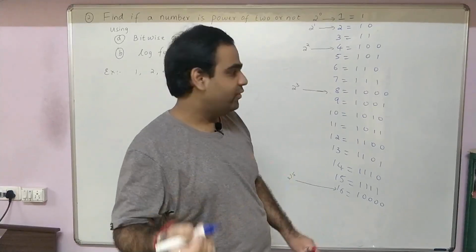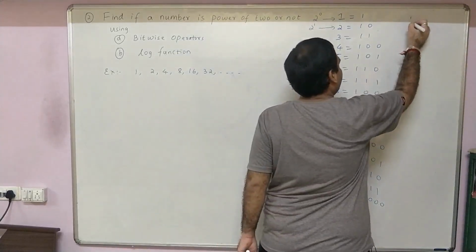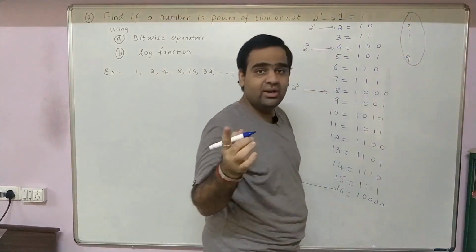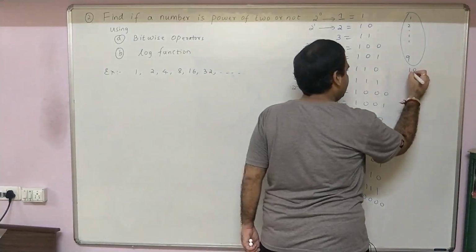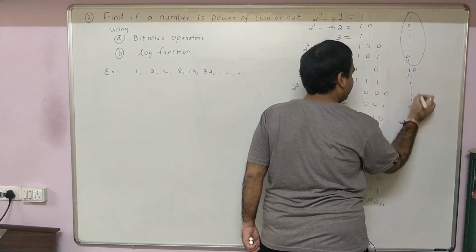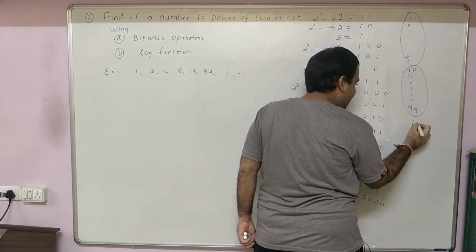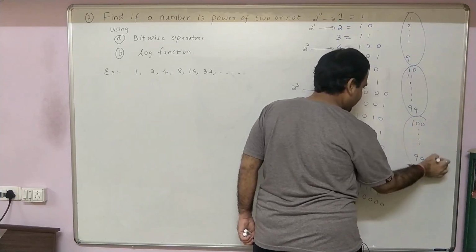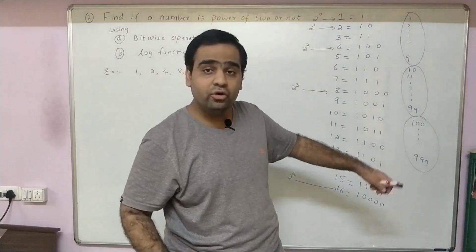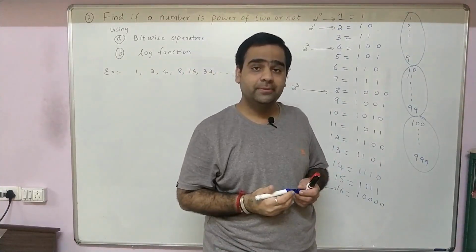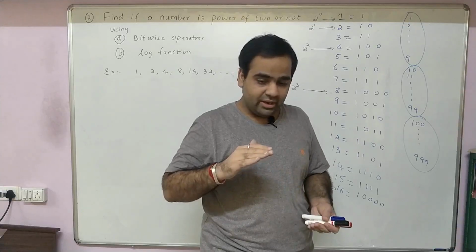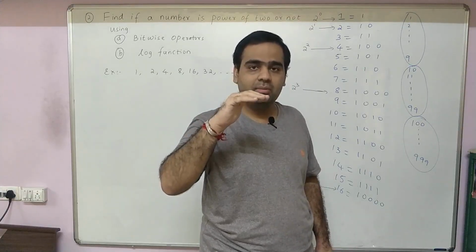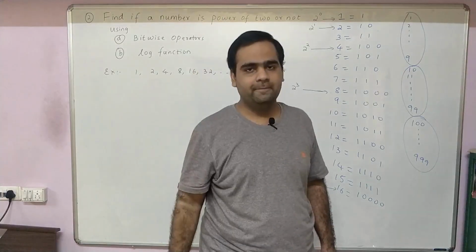Decimal means we write 1 to 10 and so on. Suppose I write 1, 2 and so on up to 9. Till here, how many digits do we have? 1 digit. And from 10, 11 and so on up to 99, we have 2 digits. As soon as we reach 10 square, we have 3 digits. When you reach 10 to the power 4, you have 4 digits. It means whenever you reach a power, the number of bits or the number of digits increases by 1.